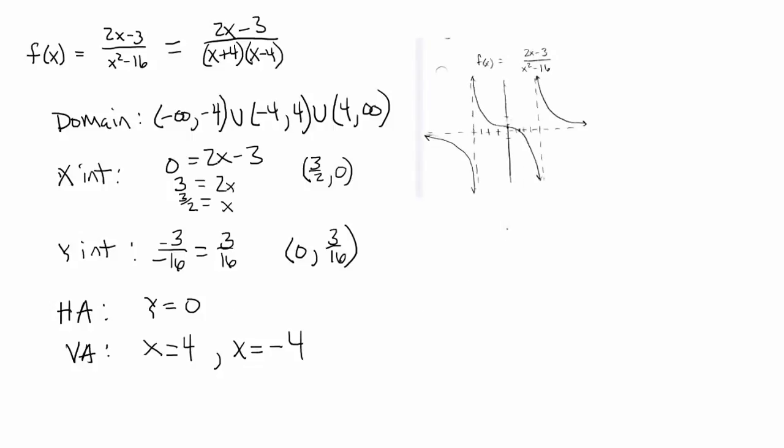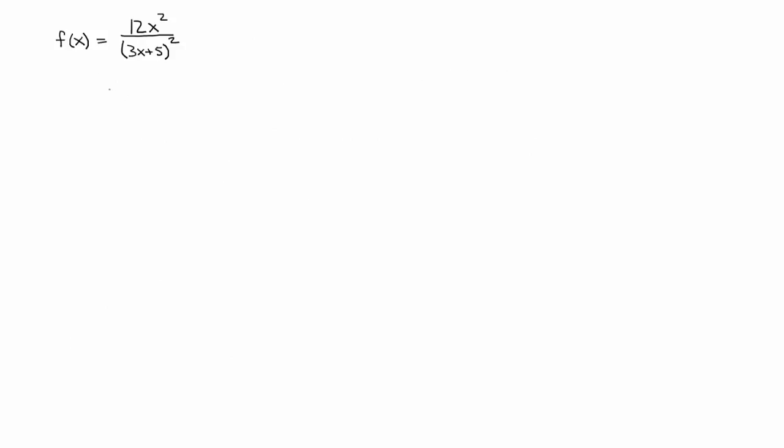And now if we take a look at the picture, we can see our two vertical asymptotes at negative 4 and 4. We can see our horizontal asymptote at y is equal to 0, and then our two intercepts and the picture drawn in. In example 3, we have f of x is equal to 12x squared divided by (3x